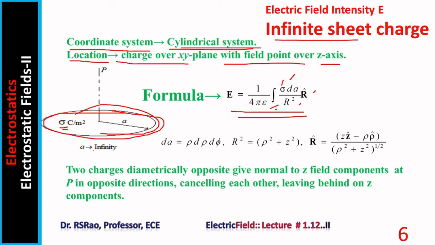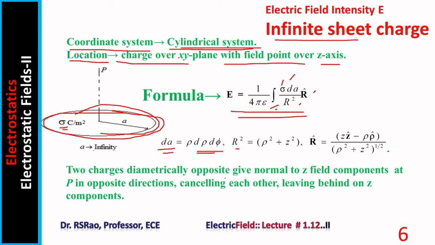So the integration is surface integral. dA becomes rho d rho d phi, differential area. Distance between source point and field point becomes square root of rho square plus z square. R cap is z cap minus rho cap by square root of rho square plus z square. Two charges diametrically opposite give normal to z field components at P in opposite directions, cancelling each other, leaving behind